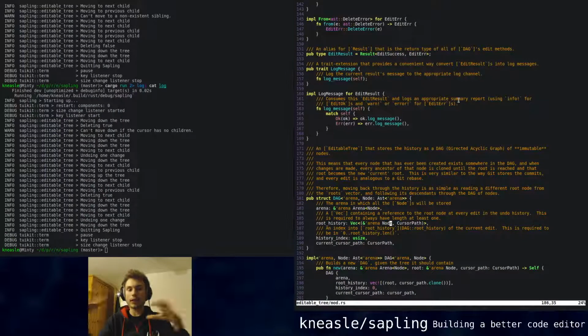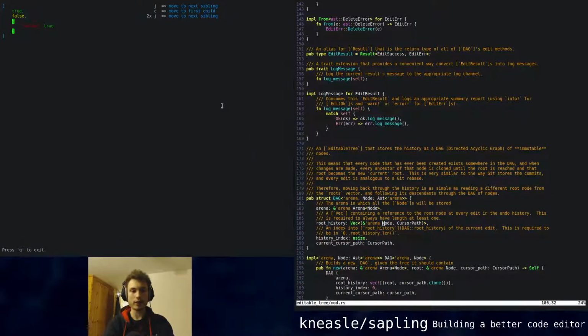And Sapling handles that. But fundamentally, it's storing a whole load of changes as complete syntax trees, which may be the wrong decision. We may find that. But anyway, that's how it's implemented for now. But along with that, it also stores where the cursor is for that edit, which is important because what I was expecting Sapling to do is to move the cursor back to the location of the edit, which it kind of does, right? It moves the cursor, but it kind of misses the location of the edit,